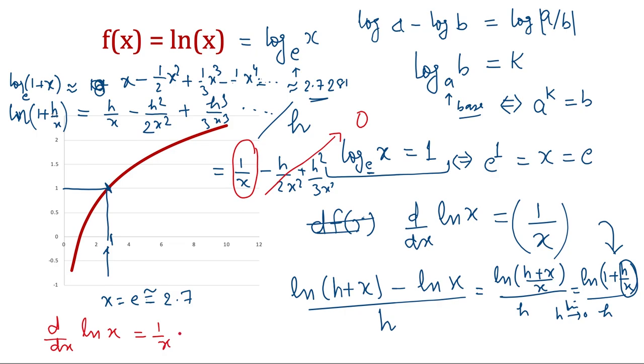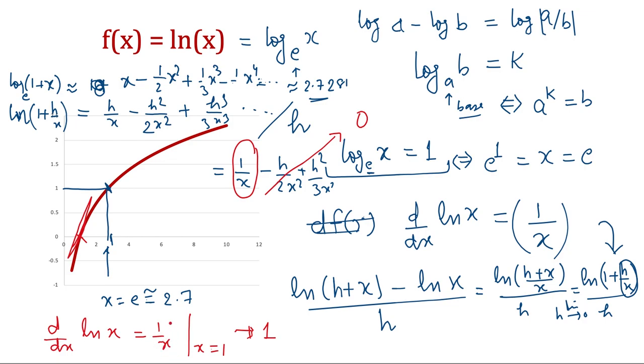If x is 1, so if I take it for x equal to 1, it will be 1 since it's 1 over x. So let's see where 1 is. 1 is here. So that means that if I draw a tangent to this point 1, then it will be at 45 degrees. This picture is not drawn to scale, otherwise you could have seen a tangent being at 45 degrees. And as x increases,